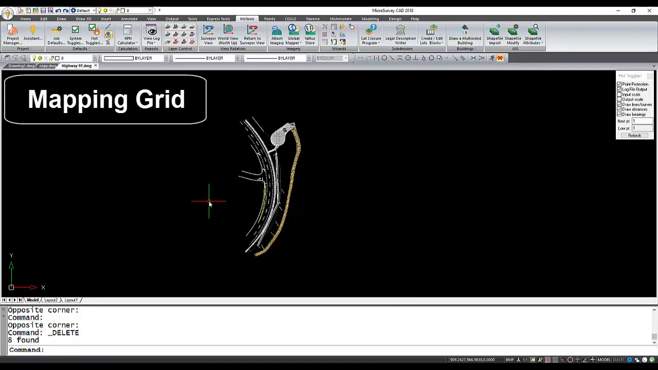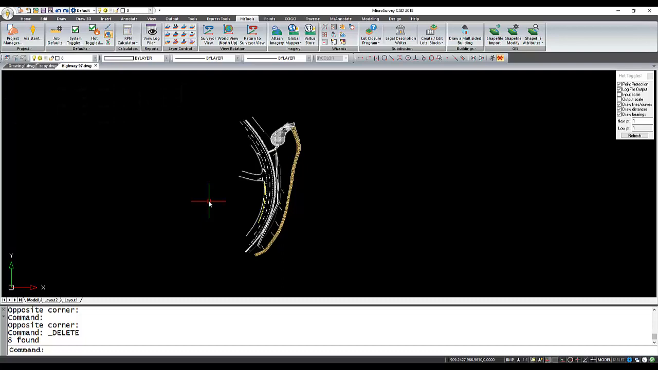In this example, what I'd like to do is create some horizontal and vertical lines that go across my whole project to create a grid. To do this, we need to use our mapping grid feature, which can be found in the MS Tools ribbon, and under the Wizards group, you'll find the mapping grid command. So if I just click on this to bring up the command,